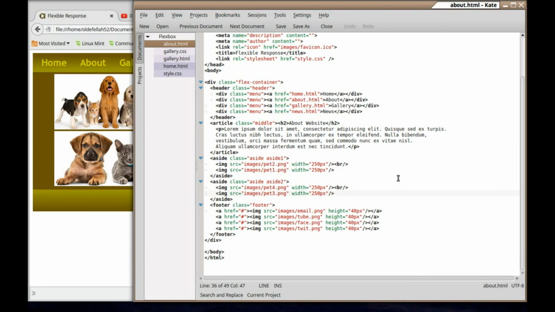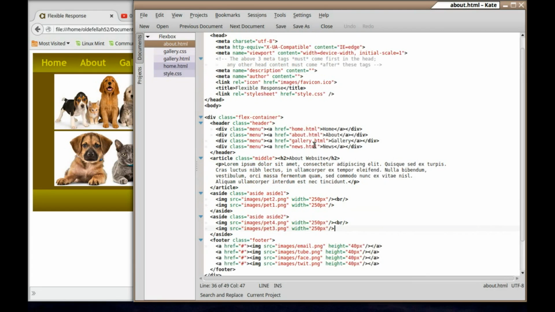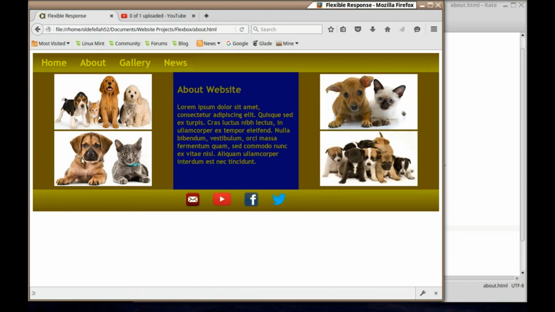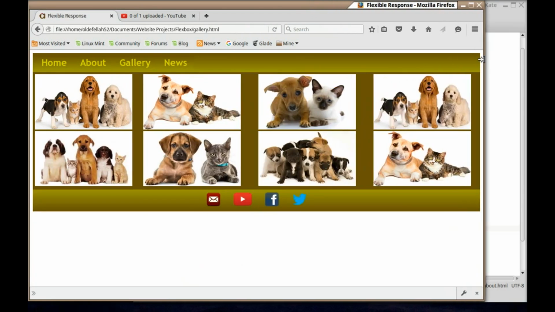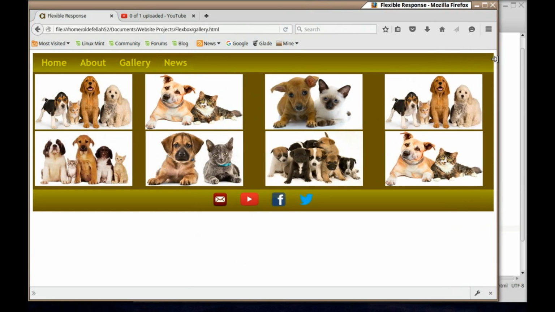Alright, now things get a little bit interesting when you want to start playing with a different type of flex layout. As I said earlier with gallery, we're going to make gallery so it's all pictures and none of this is in the middle. By that I mean it's going to look like this. I'll just go out a little bit further. So there you go. You can play with pictures and stuff, but that's pretty much what we're looking at. And when it resizes,